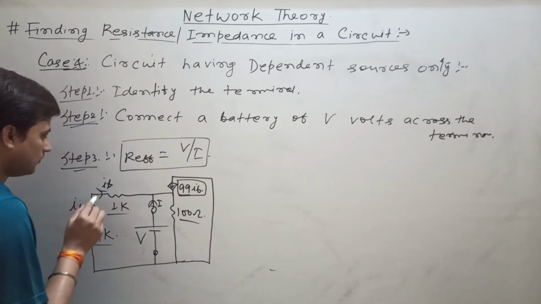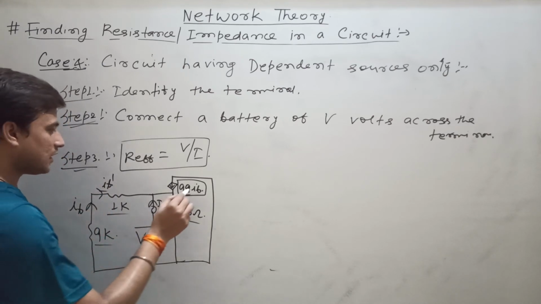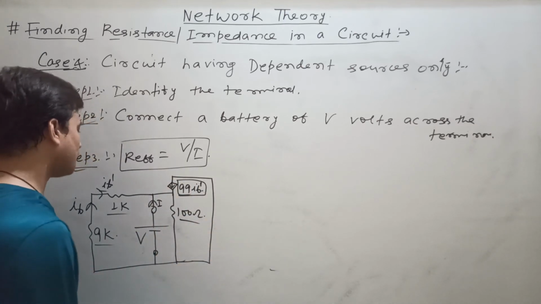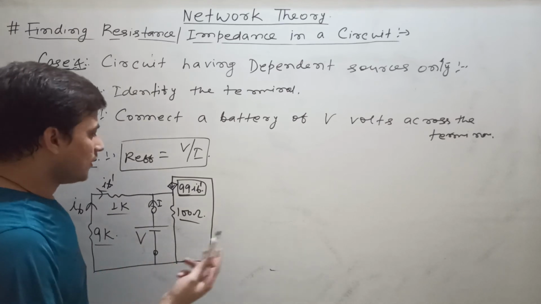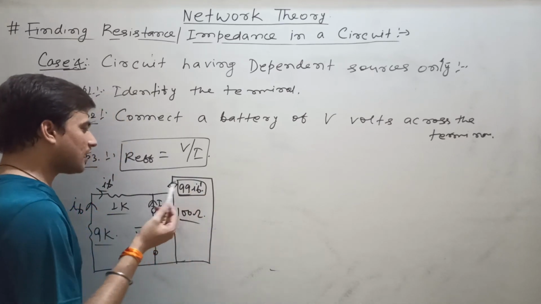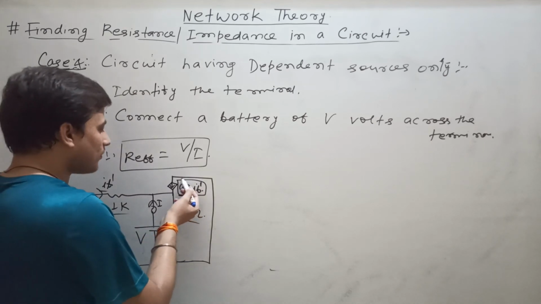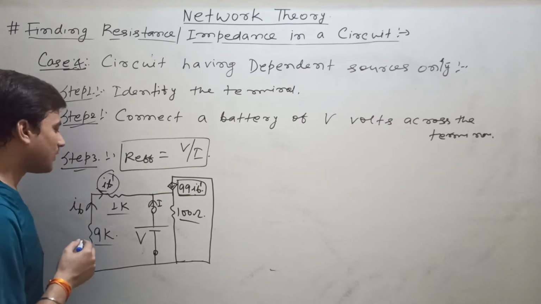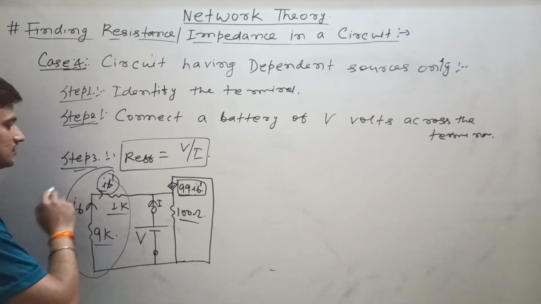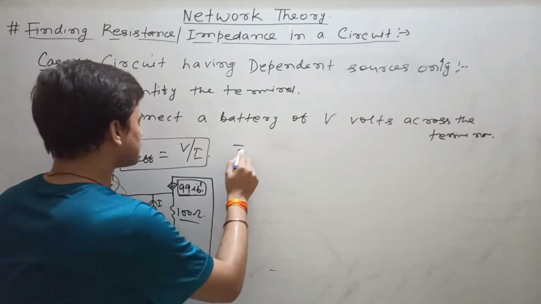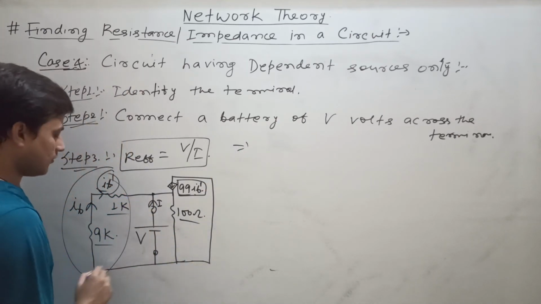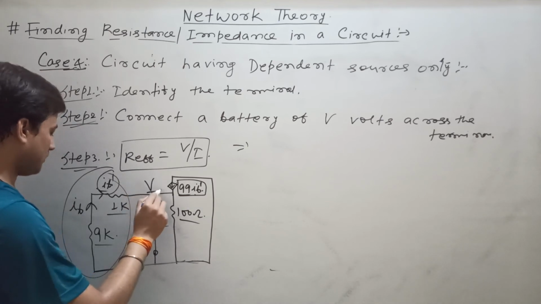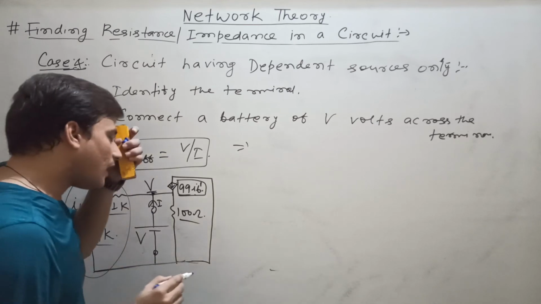Clear? Now your friend will come. You will say, don't forget to put IB dash. So here you are putting IB dash. Next step, your third friend is coming. He will say that, sir, you had taught us to look at the magnitude of the dependent source, identify the branch, and apply Ohm's law in this branch. So let's apply Ohm's law. What is the potential of this node? This is 0 volt. Here the potential is V volt. So what will be the value of IB?